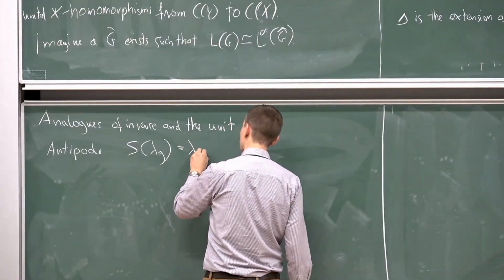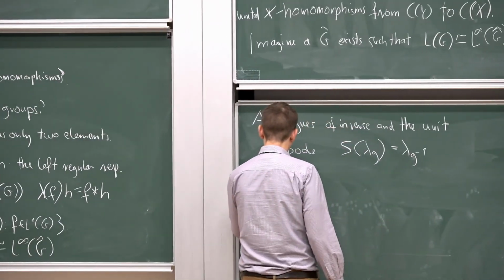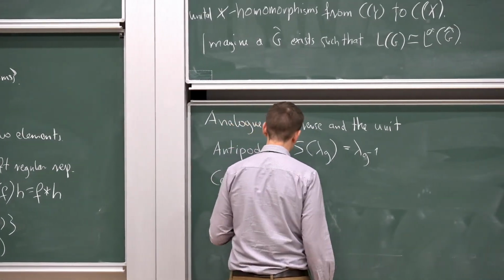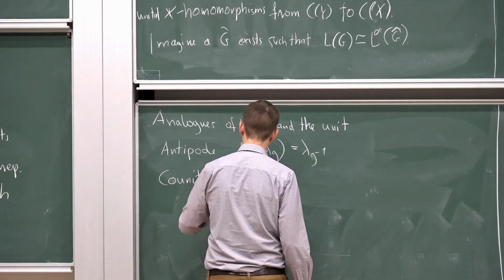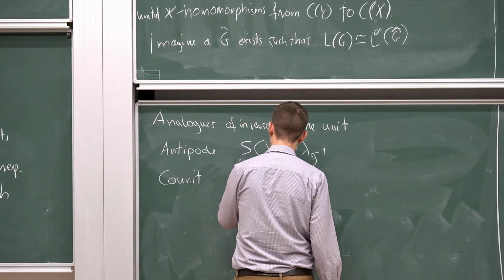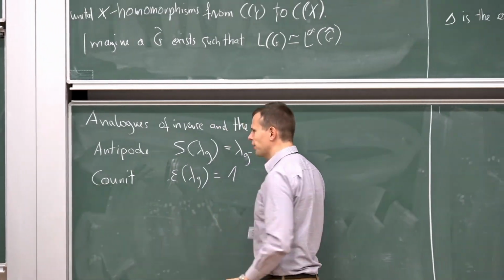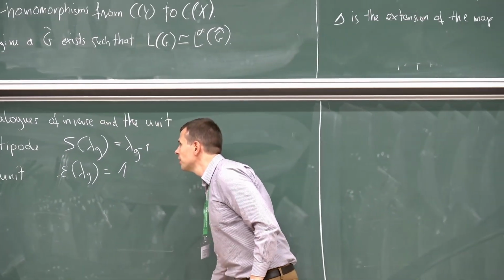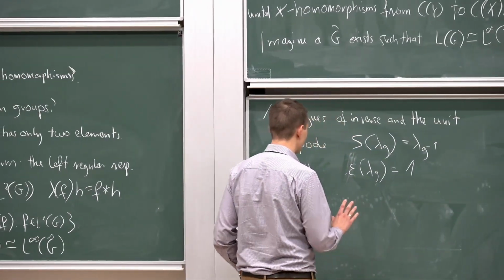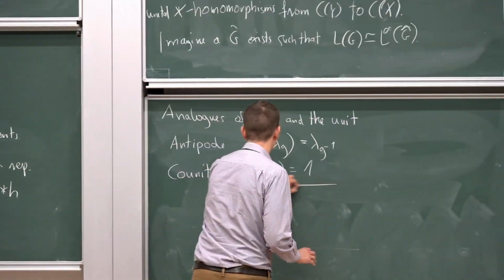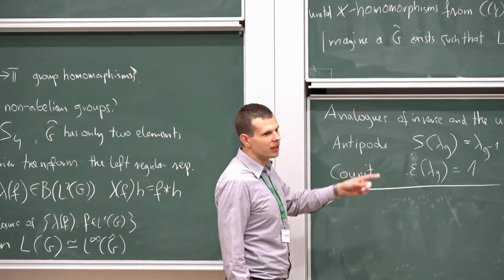So we have this. And then we have the co-unit. I remember this is, I think, always one in this case. So we have these things, and then maybe I should write what these maps S and epsilon and delta are